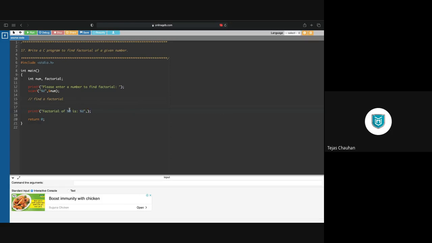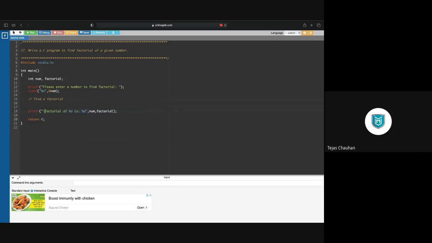The first %d, I want to print the number, so let us have num, comma, and the second %d, I want to print the factorial answer, so I'll have that factorial here. So we take one number from the user, we find a factorial, and we print that factorial answer.